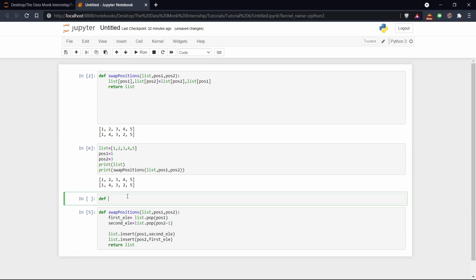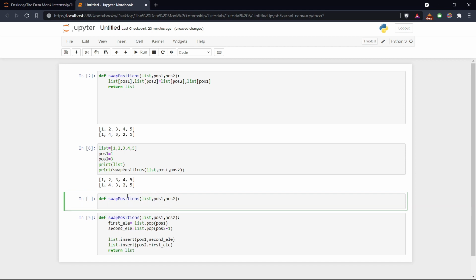def swap_positions, receive those elements, list, pos1 and pos2, colon, enter. Now inside this function, we have to use the get named tuple, which will be storing the values of our position 1 and position 2.